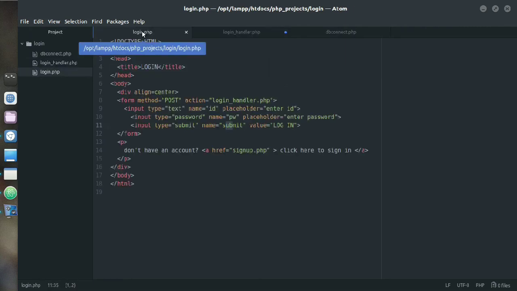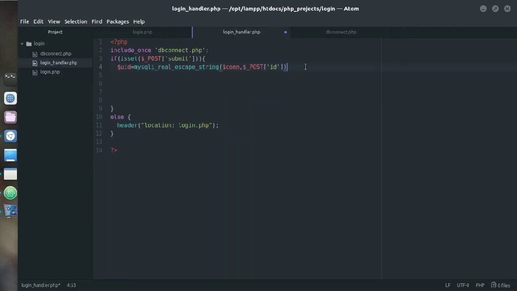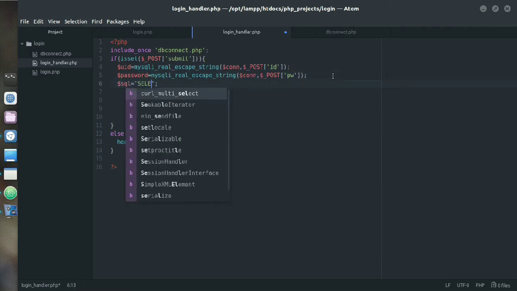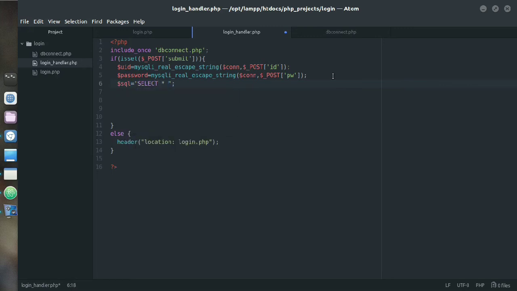Okay, the index is id. So from the login.php you can see the index is id from the given username, and copy that, paste that, just change the index that is pw, and